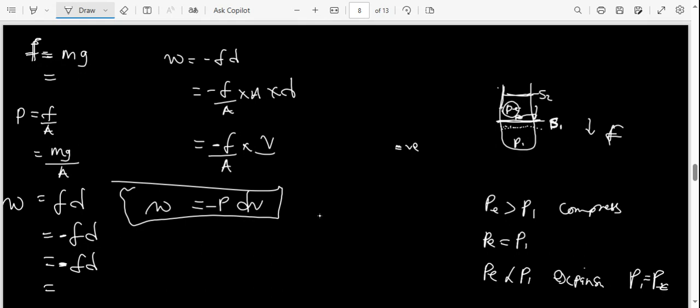So we'll say downward, the downward work will be what? Negative. The same pressure is the external pressure, times the change in volume. Okay, so this is the formula that we'll be using, and by this I can say work,